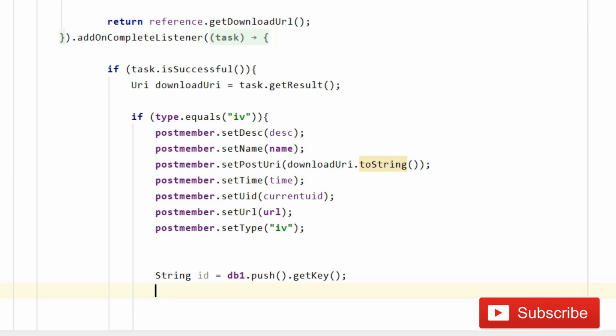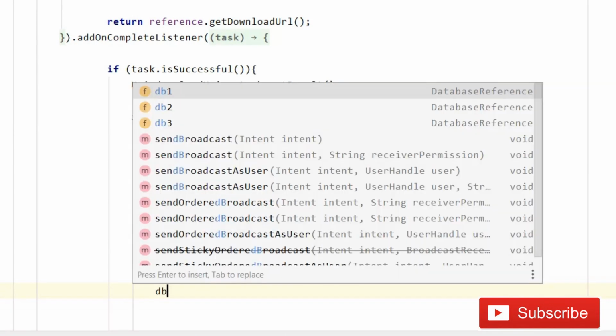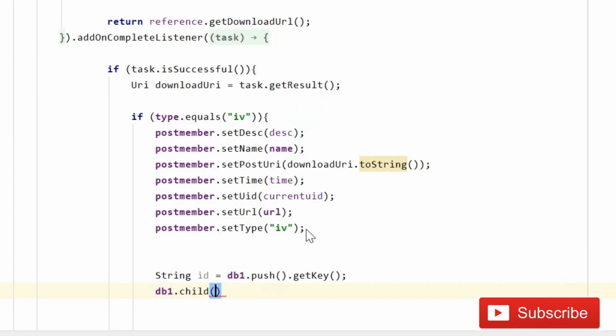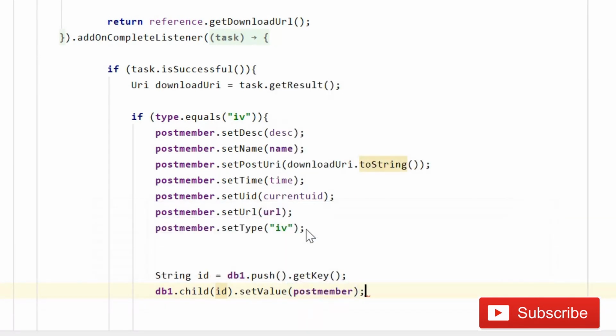What it basically does is push the child again and again. Every time you add new data, it will increment that post. So here now you can write db1.child, and this child is going to be that string we just retrieved, and then you have to set the value, and that will be postMember, understand? Then semicolon.